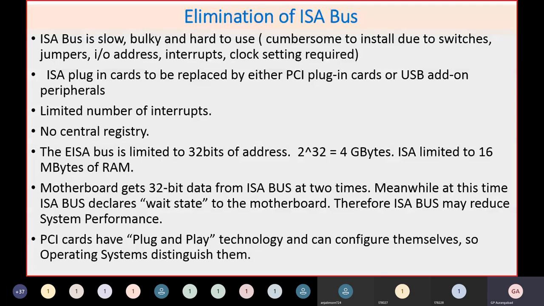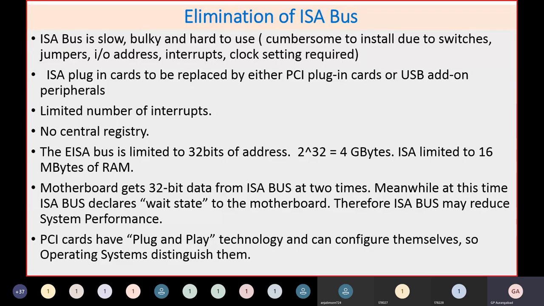Now today you don't have to bother about this configuration, because you are just inserting a card, and you are just putting another card, because plug and play capability is available with the PCI slots and always with the USB peripherals. So if you want to connect anything through PCI or USB, you don't have to configure anything, because these are plug and play devices. You just insert, and everything will be automatically configured by your motherboard during startup through your BIOS settings, and it will start running.